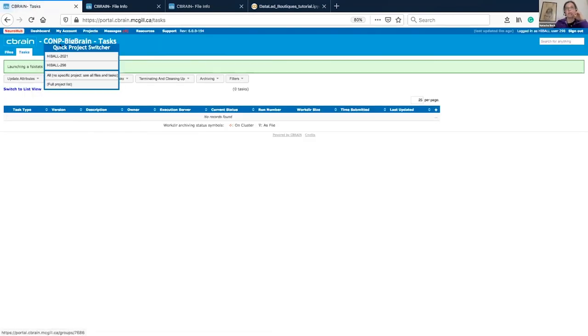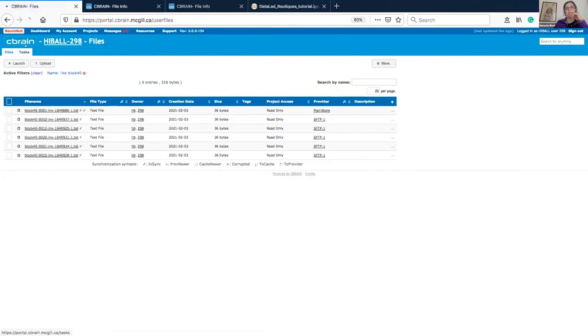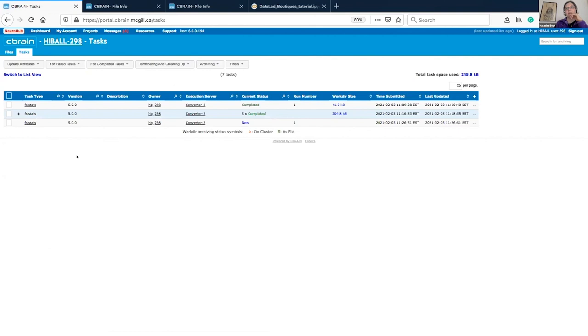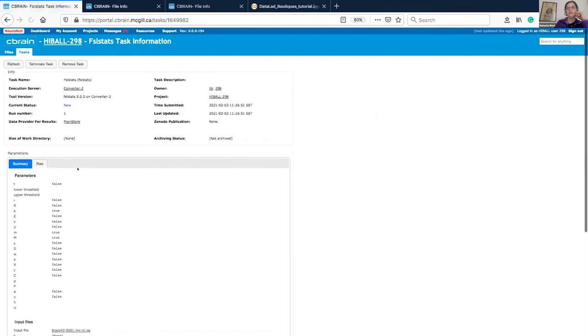And then the task will be available right here under the task page. So you see that I have my new FSL stats task that has a new status, and that will just go to new, queued, and completed. So that's for the CBrain part.